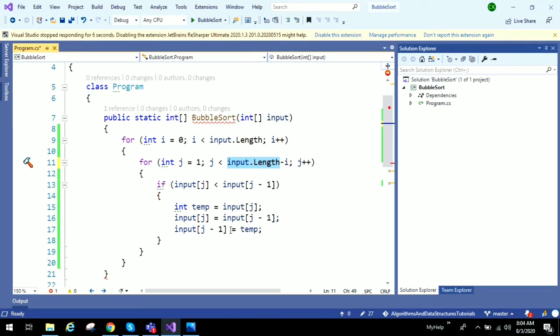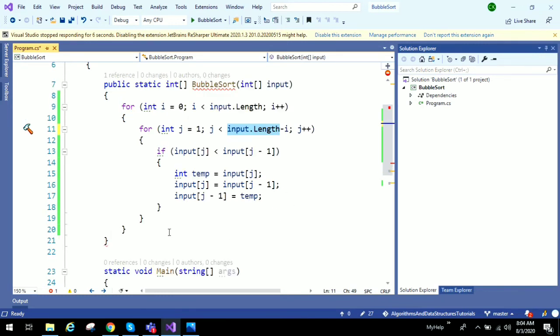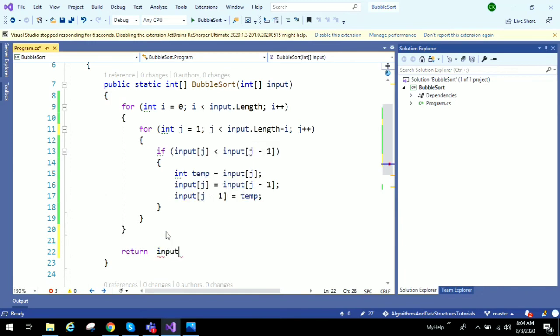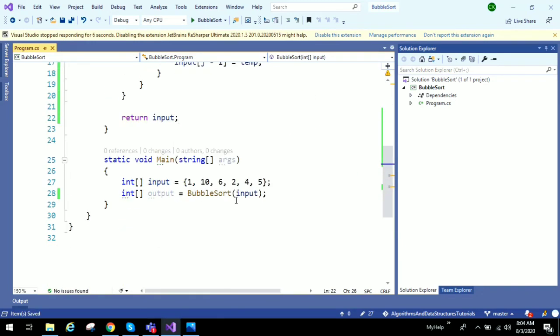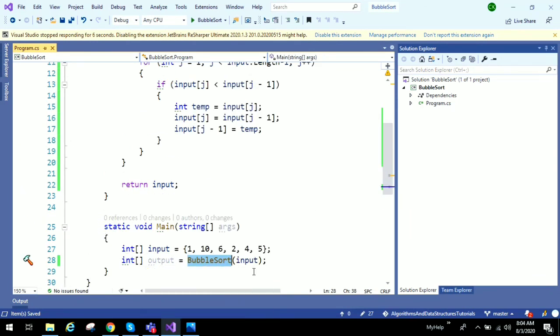So this is it. We are done with this bubble sort algorithm. Let us return the array which is sorted, that is input, and let us see whether it is giving the correct result or not. We are calling the bubble sort method and it has given output, and let's print that.